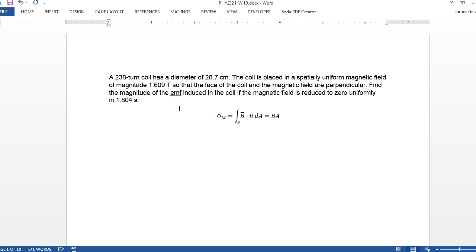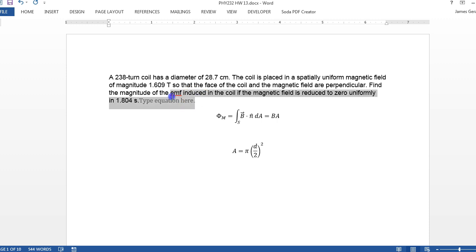Where A is the area, right? We know the area because that's just pi, and we're given the diameter, diameter over 2 squared, right? So we know the area, we know the magnetic field, and what we're after